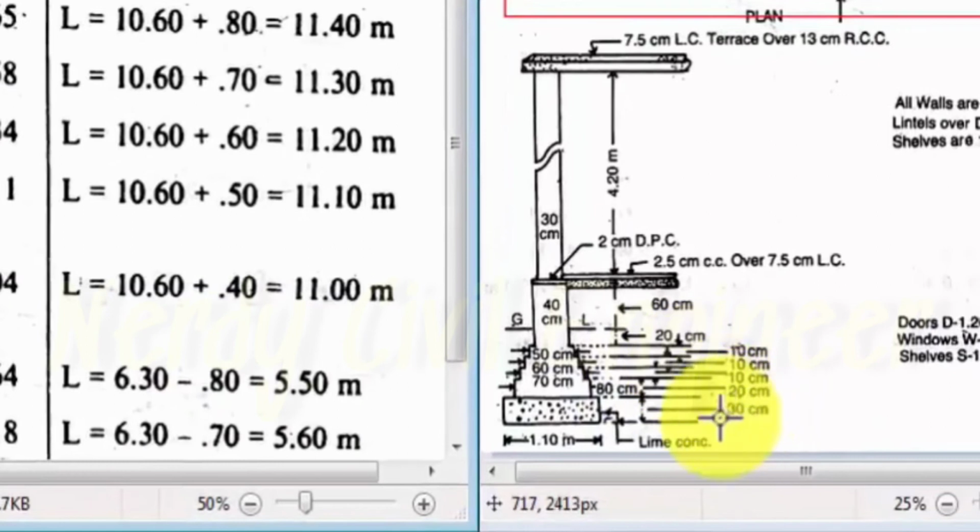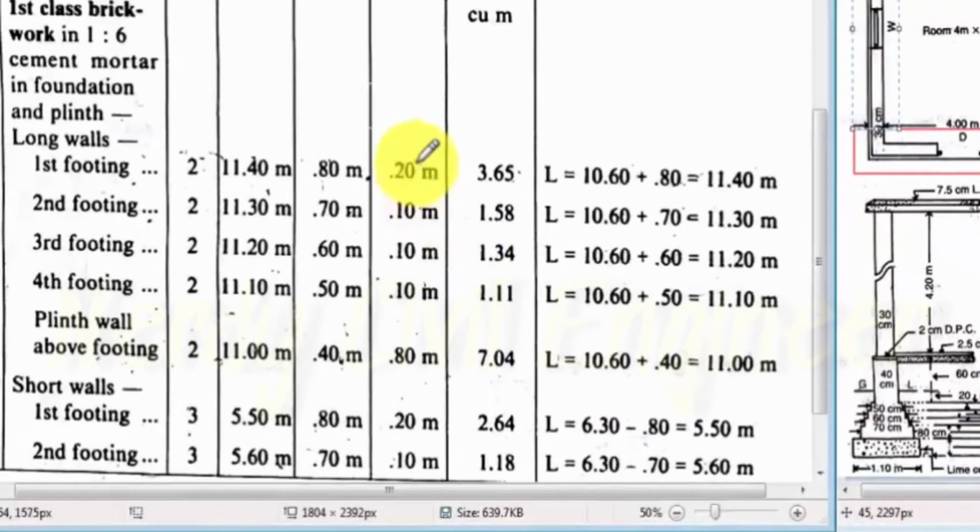So here in this case also, the breadth of the foundation in the footings and the height of the footings will be the same, but we have to calculate once for long wall by adding the breadth of the foundation or the footings with the initial length of the long wall found out considering center to center,